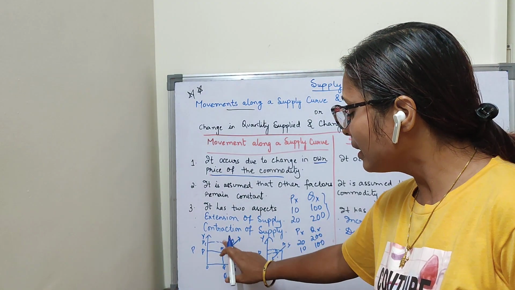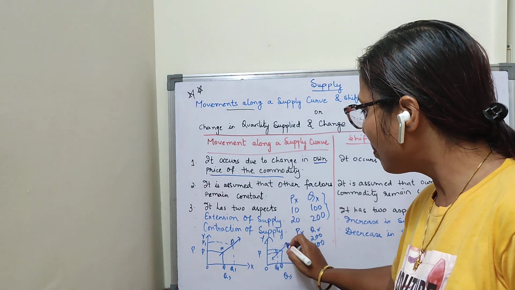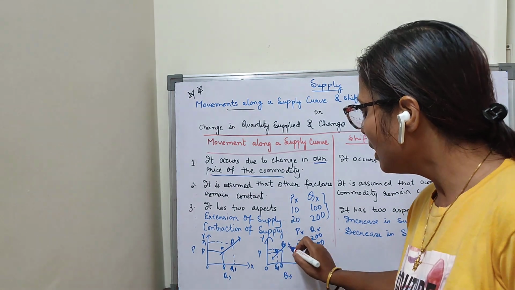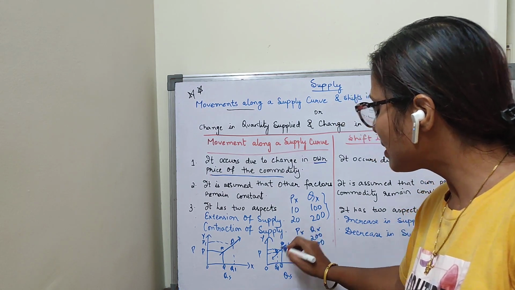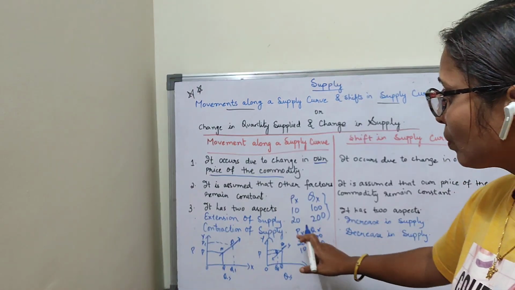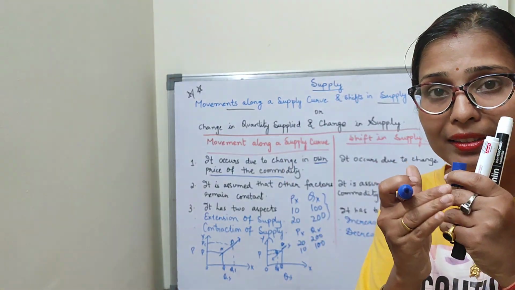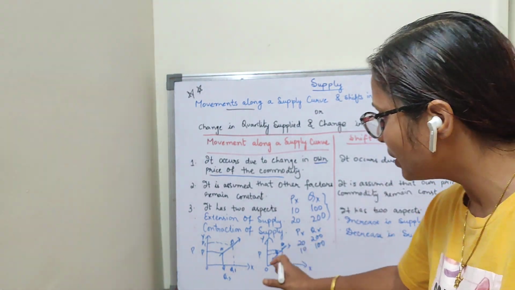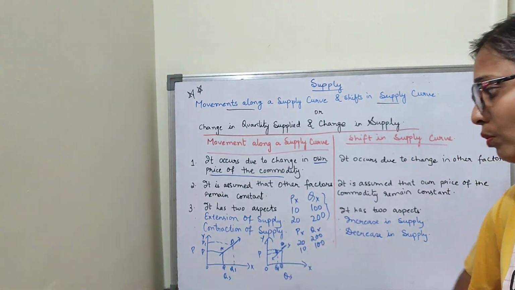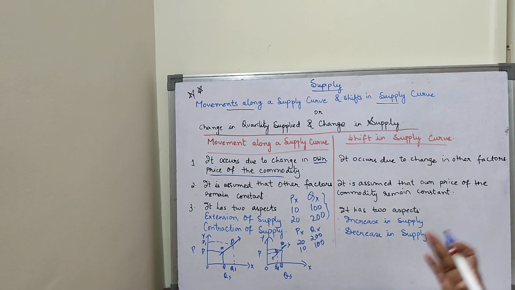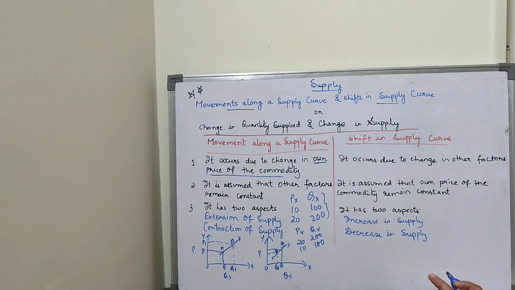Previously you see when price increases, my supply curve is moving upward from A to B. Now here I will take the B point and here you take the A point. So now you see my supply is moving downward from B to A. So this is the contraction of supply. That means my supply contracts. When price decreases, supply also decreases. So now it is moving downward. Clear children? The supply curve moves downward when there is a contraction of supply. So what I can see here in movement, upward movement and downward movement in the movement along the supply curve.